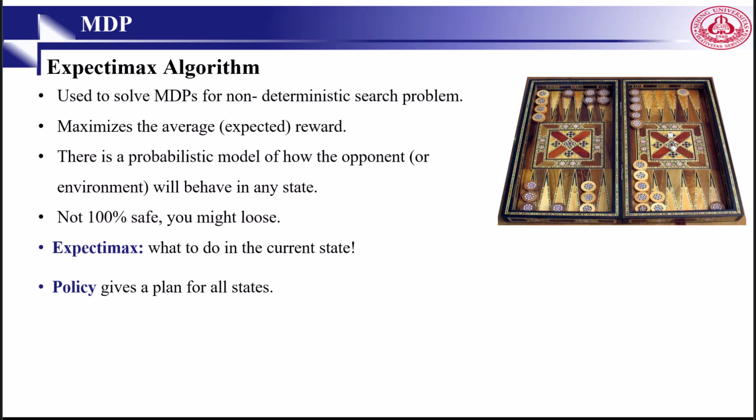In order to solve such problems, we can think of the Expectimax algorithm. Expectimax computes the best action. How? By considering expected rewards across probabilistic branches. However, Expectimax only tells us what to do in the current state. It does not compute a policy for every state. However, in the case of reinforcement learning, we need a complete policy, not just an isolated decision.